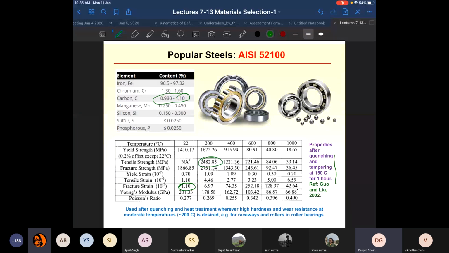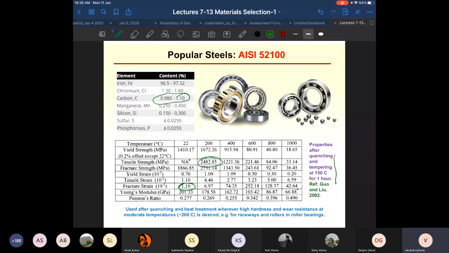It can sustain very little deformation. So what do we call such sort of materials? It's very brittle. Stiff. The material is very brittle. So one practical implication is when you are handling bearings, if you accidentally drop a bearing,